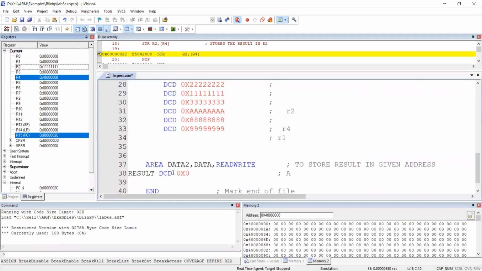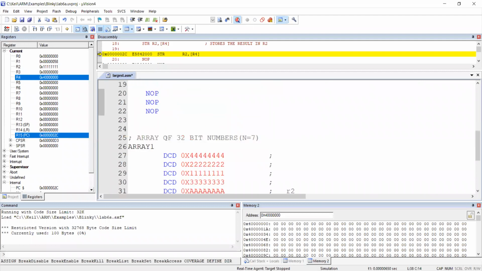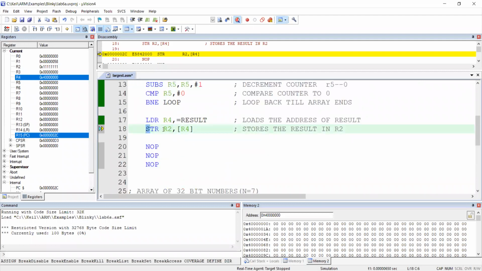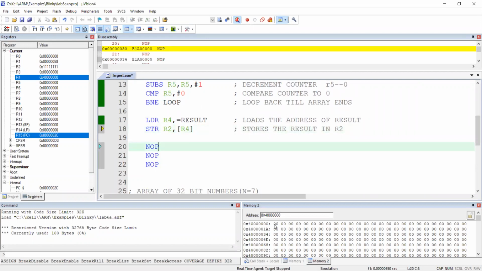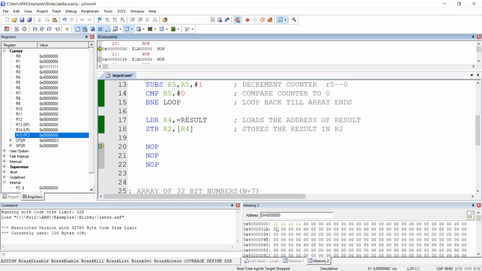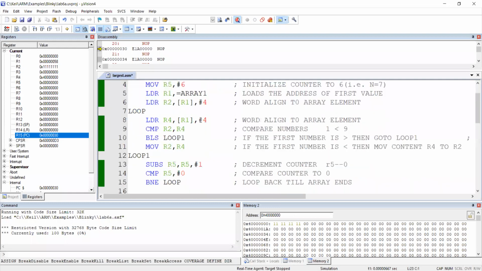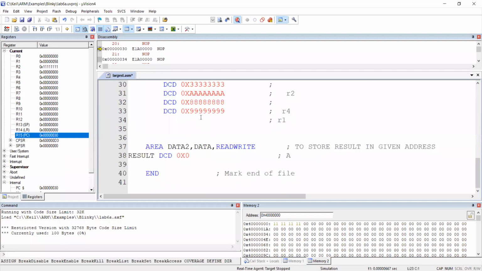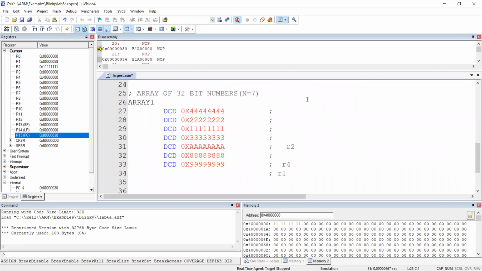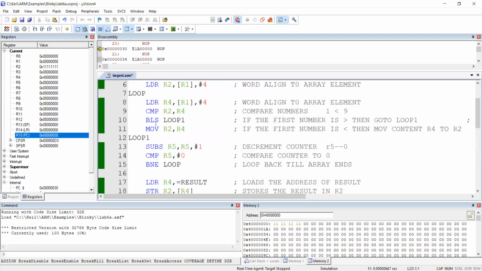Here you can see what is there initially as the result: 0. That is going to get whatever is in R2, stored at the address pointed to by R4. Now you can see 0, 0. In the next step, 111 appears in some green or yellow color. So what happened? Now, what is this program? In the examination, you may get both. If you get this problem, you have to execute both cases just by changing the instruction BHI to BLS.